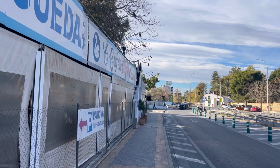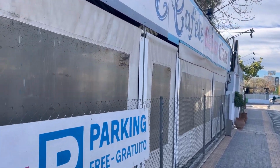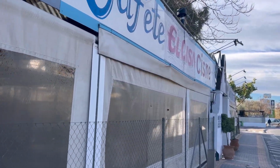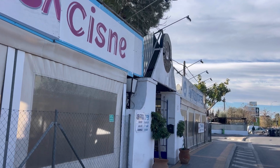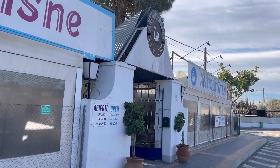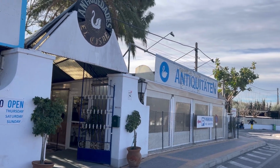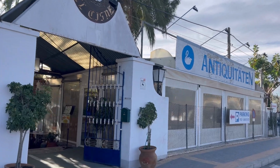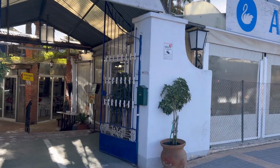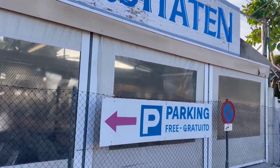Today for us it's Sunday, so it should be the busiest day on the flea market. It's winter, however, so we'll see how many people are actually here at 10:30 in the morning. There are several entries here depending on which area of El Cisne market you would like to visit. This one goes directly to the food and entertainment part, and the other one brings you towards the flea market